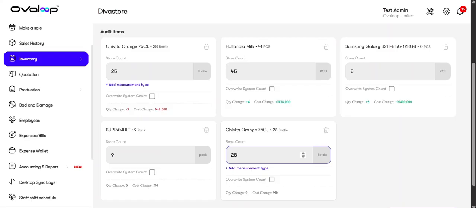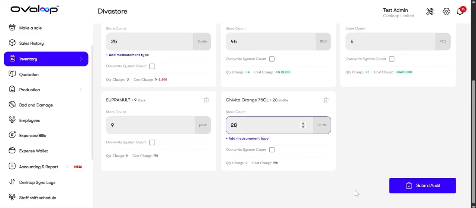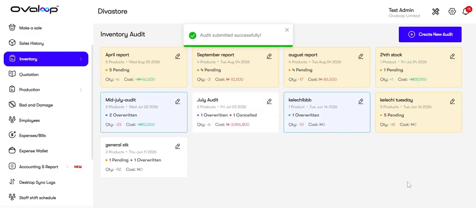Once you've completed the count, review the report and see if there is any difference between the expected and actual quantities. Then click on submit audit. This updates your inventory records, making the counted quantities